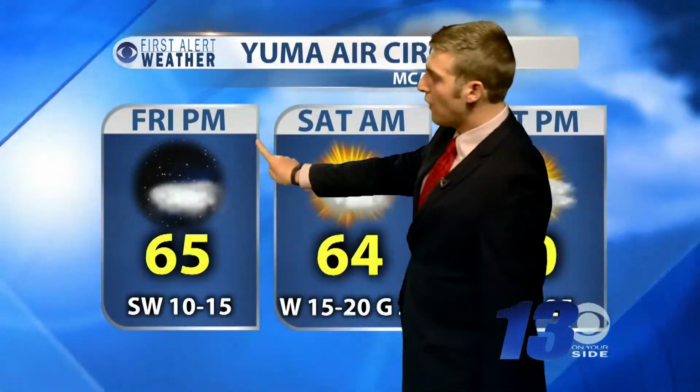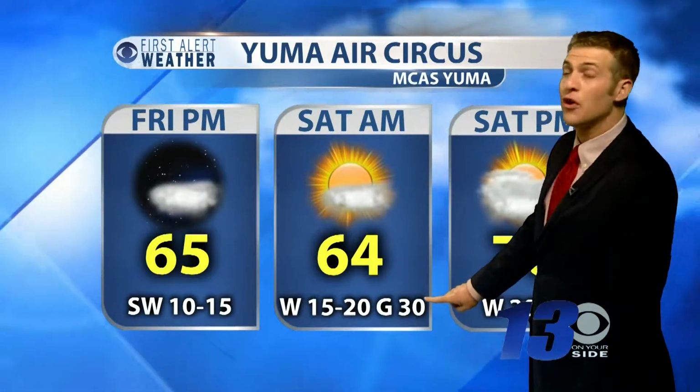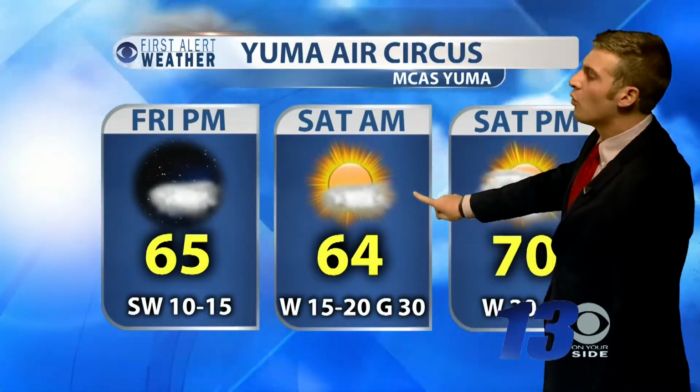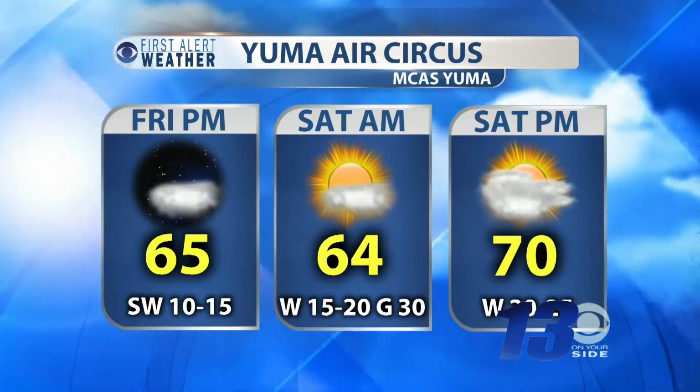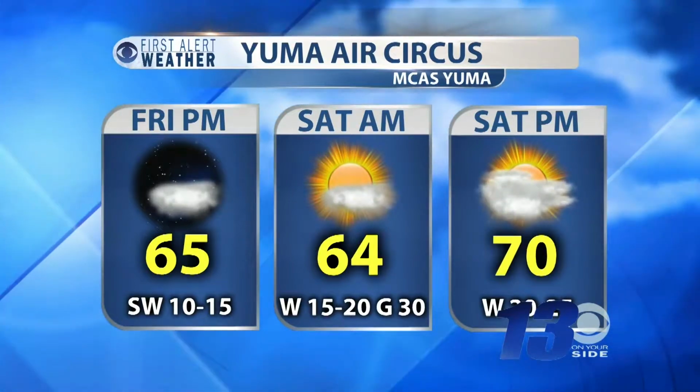So will it affect the air show? The answer is no. It's going to be very nice for the air show. We'll see Friday night, but it's just going to be a little bit breezy, kind of like it was last year. Not as bad. It was about 50-mile-an-hour winds last year, not the case. Gusting to 30, and I think that's going to be some of the worst of it. 15 to 20, and then even 25 and 35 miles per hour in the afternoon for Saturday